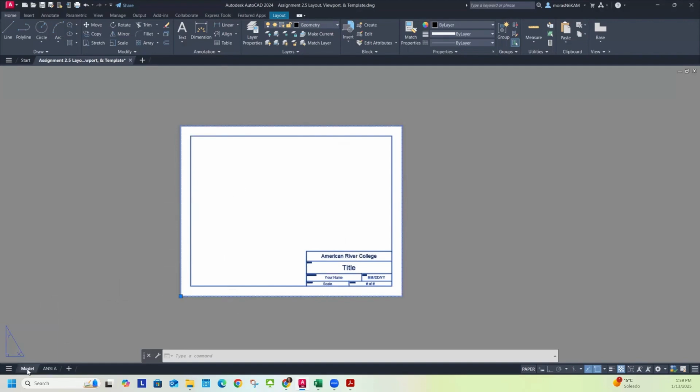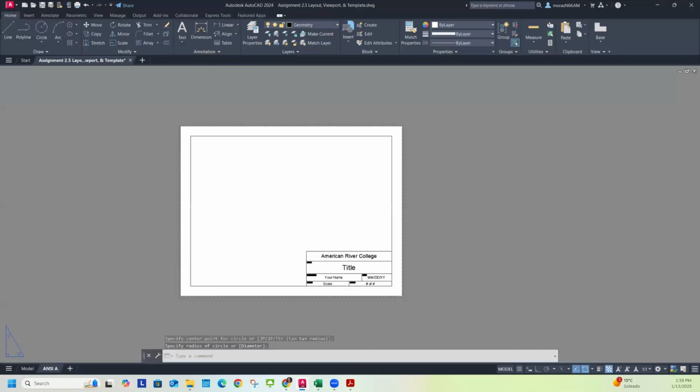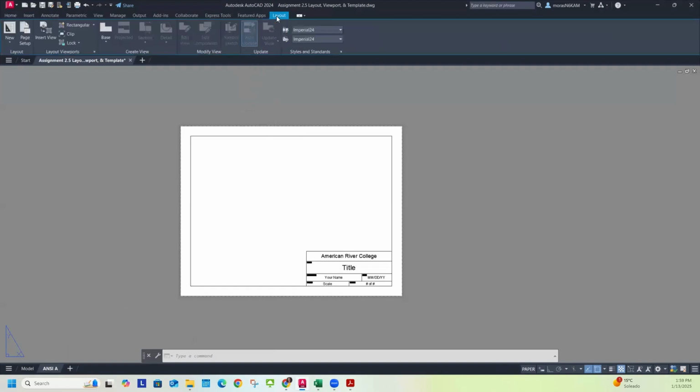All right, and so if I, for example, let me just draw something very simple right here. I go here, I'm not going to see anything because there's no viewport. So I need to insert my viewport. I'm going to do that by going here to the layout tab, and I can choose under layout viewports panel. I can choose rectangular, or I can choose polygonal or object. So if I have a shape here already that I drew,